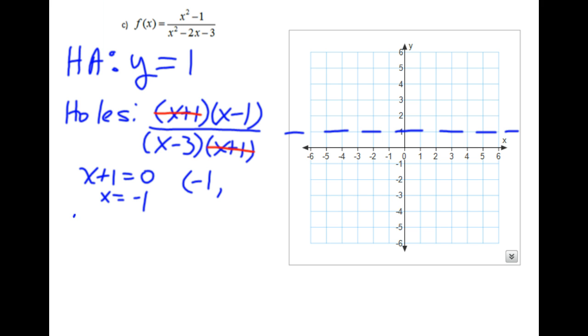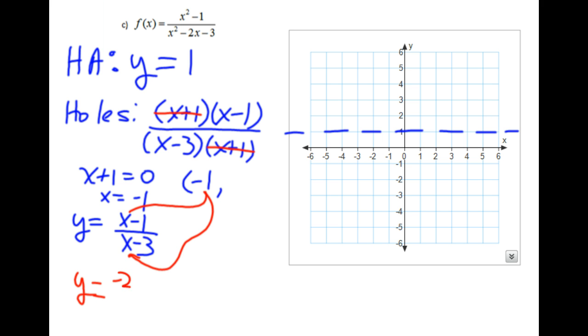Well, I take the simplified fraction, y equals, since x plus 1 is gone, I'm only left with an x minus 1 on the top. And on the bottom, I'm left with an x minus 3. I take this negative 1 and plug it into the x in the simplified fraction. When you do that, you get y equals negative 2 over negative 4, so 1/2. So I know there's going to be a hole located at the point negative 1 comma positive 1/2. So now that I've found my holes,